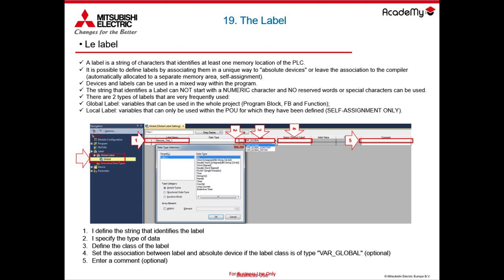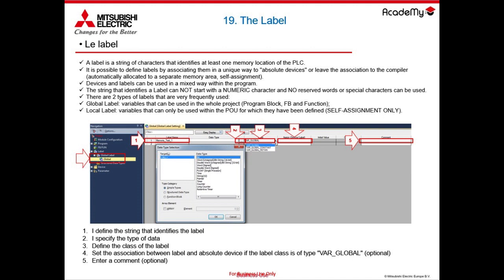We are saying that it is possible in some way to link directly a device to a label. This can be done only in the case of global labels. So this is the first thing we have to do. The column assigned in the declaration phase will be missing from the moment we are inside